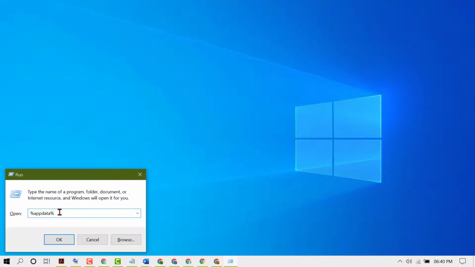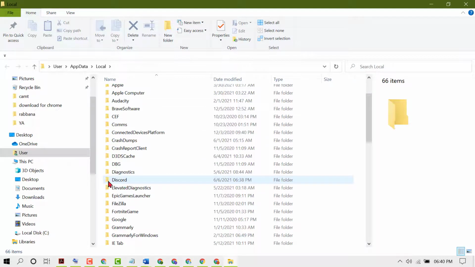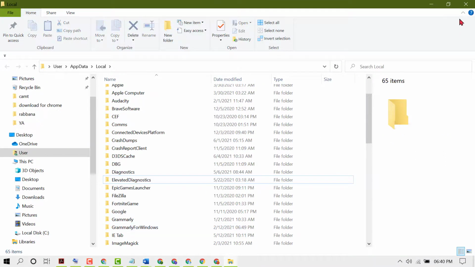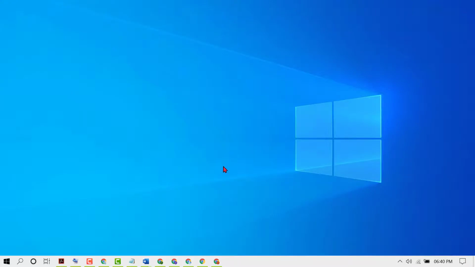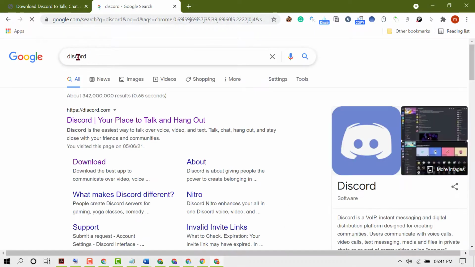Now type %localappdata%, then click on OK. Find Discord, right click on it, then click on delete. Now close it. Now open any web browser, type Discord in Google or any browser, then click on this official